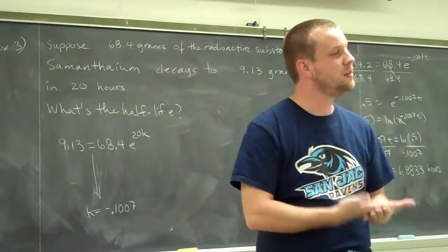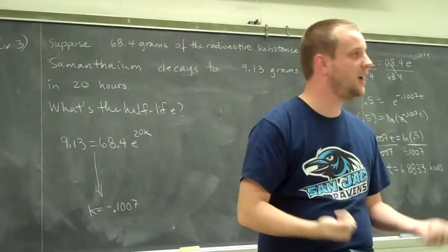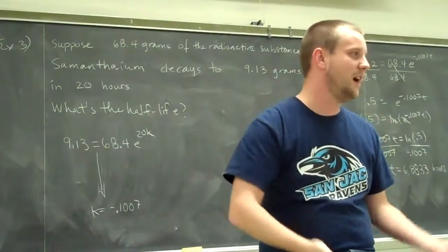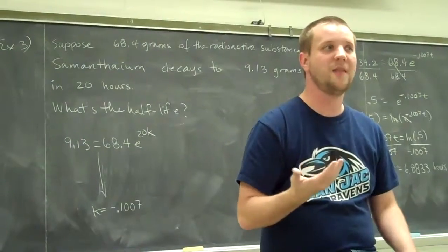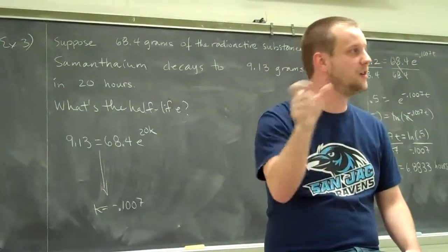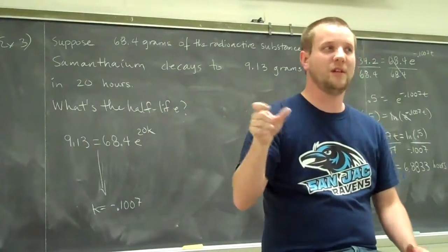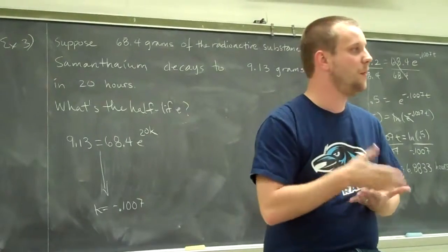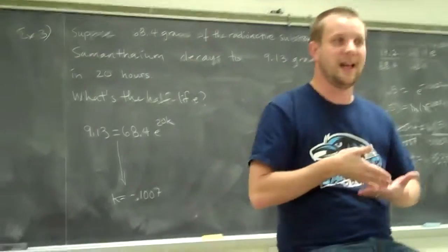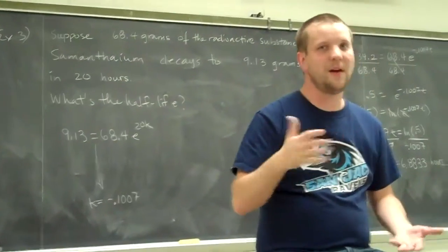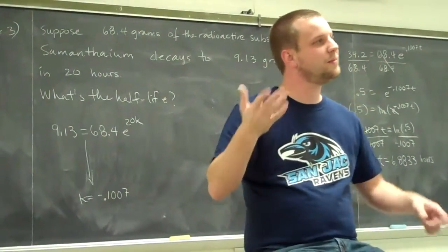Okay, so I'm an archaeologist or something like that. I found this layer of rock. I find a fossil or something like that, and I want to know how old this fossil is. Well, I find something else in that layer of rock that once upon a time was organic. And I calculate how much carbon-14 is present at that time. And I know that the half-life of carbon-14 is about 5,700 years.